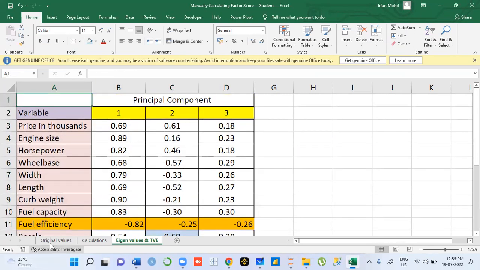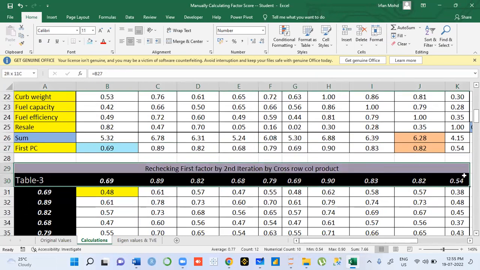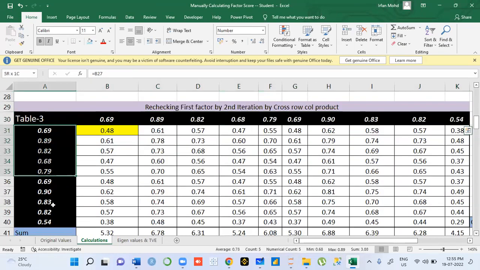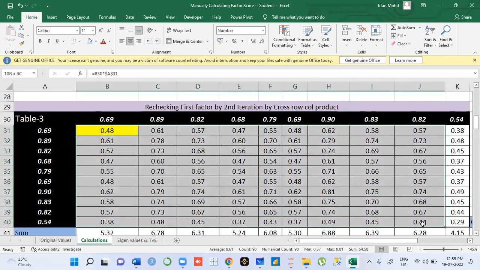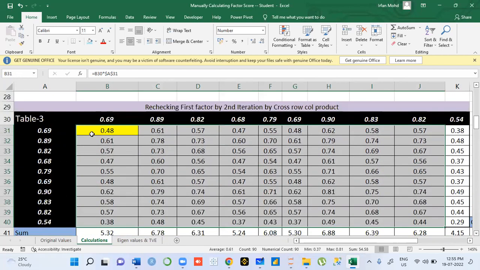कैलकुलेशंस है. कैलकुलेशंस और देखना है. ये नंबर्स आ गए. फर्स्ट पीसी के नंबर्स क्लियर हो गए. I have written this number in row, this number in column, the black one. I just multiply 0.69 by 0.69. Row with every numbers. I get this matrix. Okay. Wherever I get, then I do subtraction. This number,